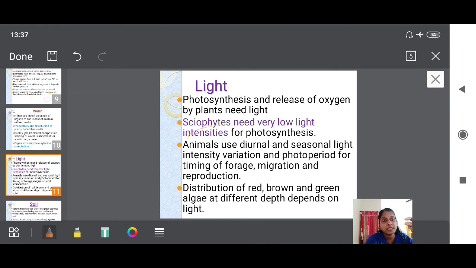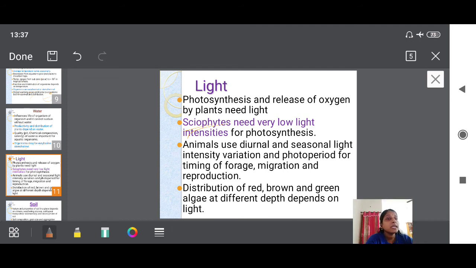In that only they will be surviving. We call them shade lovers. They love to remain in shade, okay. So the indoor plants, when you are seeing, are shade lovers, because they cannot withstand much amount of light intensity, okay. So that type of plants we call sciophytes. The other one which can withstand is heliophytes.